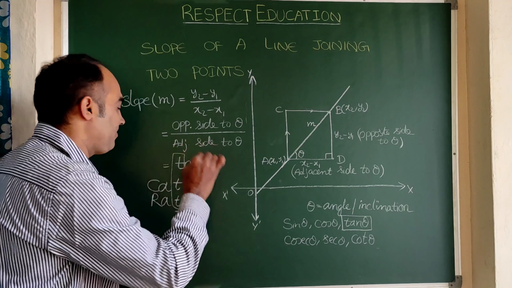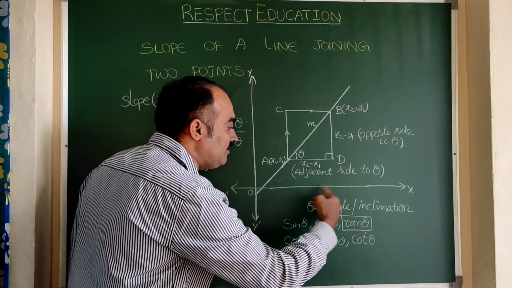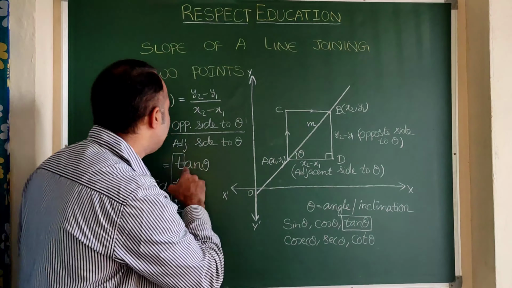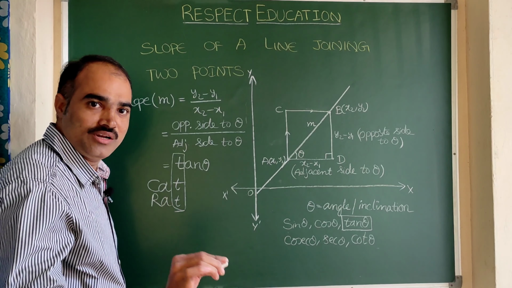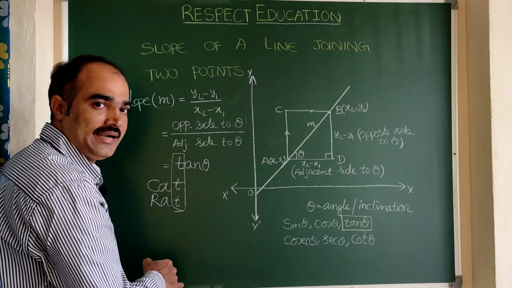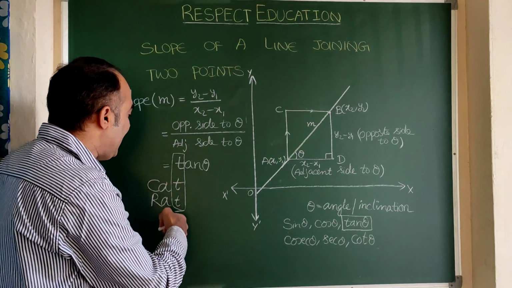Here cat and rat both are ending with T. With that you can remember in this list which starts with T, that is the slope of the line M. That is the reason, children, in the funny story I have taken cat and rat, because the ending letter and the starting letter are linked up and it can be easily remembered by you without taking much pain.